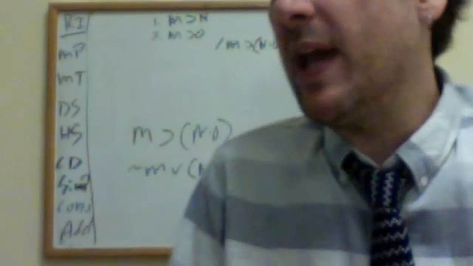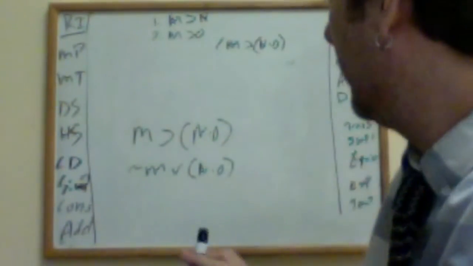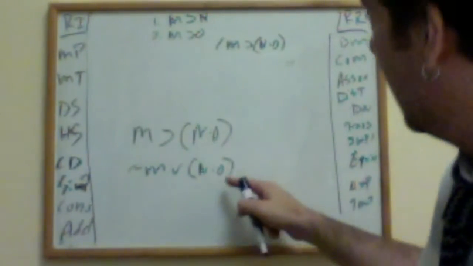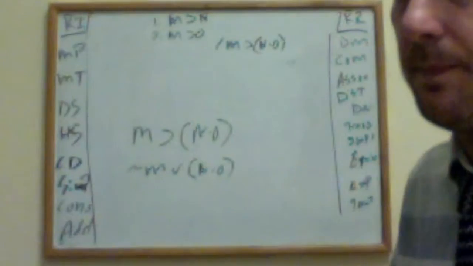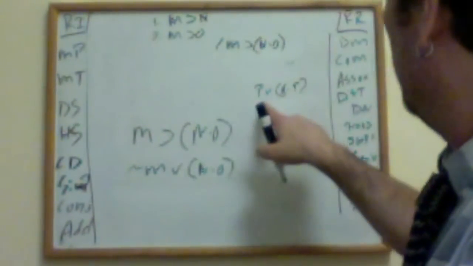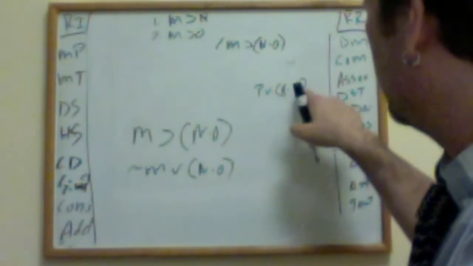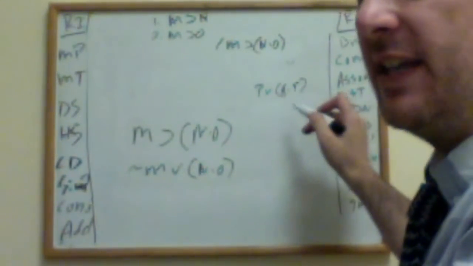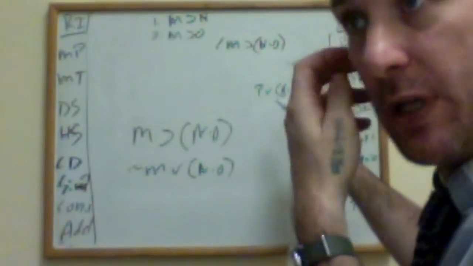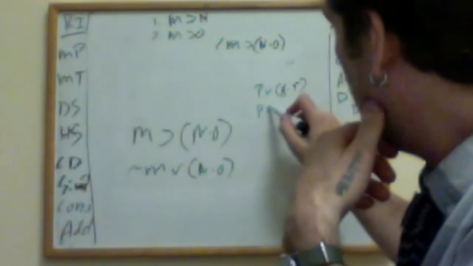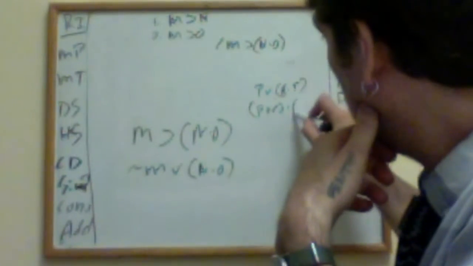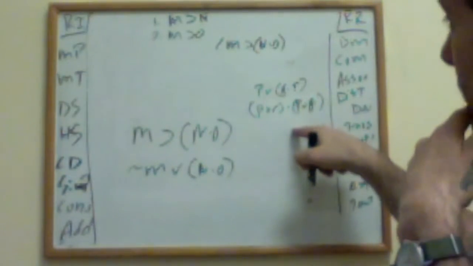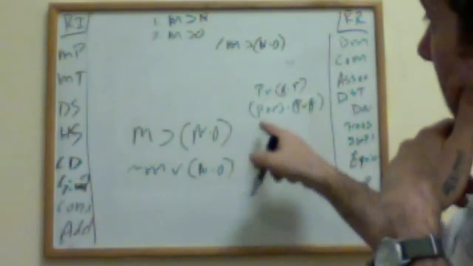And you might ask yourself, do we have any rules hanging around which tell us what we can do when we have a wedge and a dot in the same operator? And of course, there is a rule. So we have our distribution rule, which tells us when we have p wedge q dot r, that we can distribute this p, and what we get from p wedge q dot r is p wedge r dot p wedge q. That's what happens when we distribute,